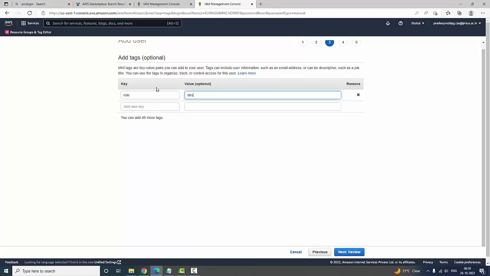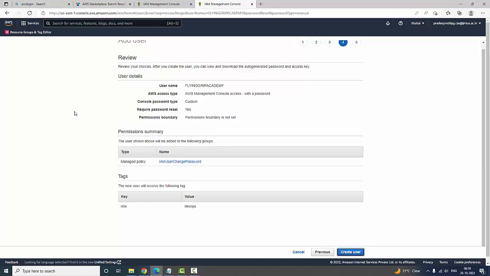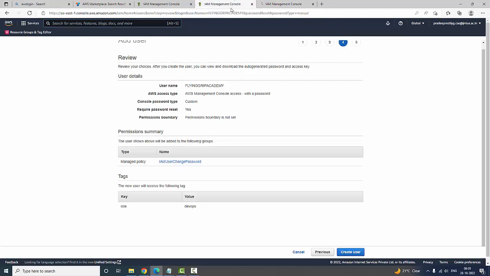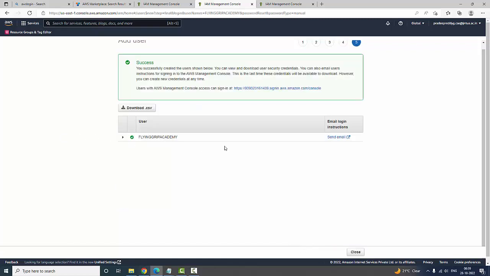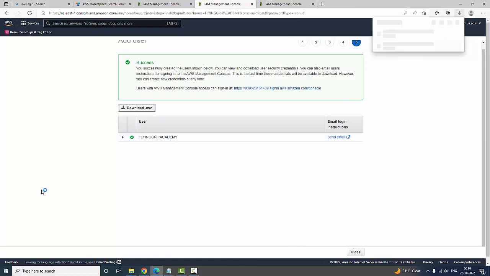So next, review. Here you can choose whether you want the IAM user to change the password. If you want to change the password, you can change it, otherwise no need. So then the role is DevOps and I am going to create a user. Once the user is created, download the CSV file, because you need to remember this particular